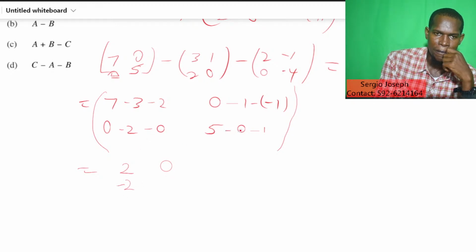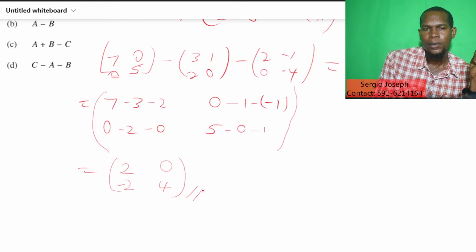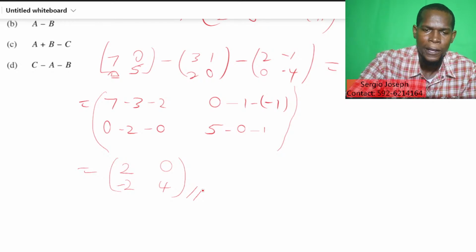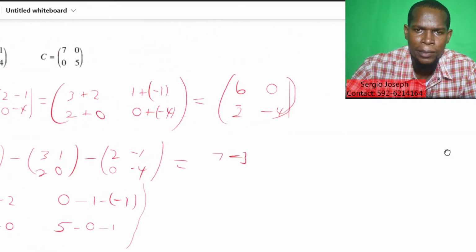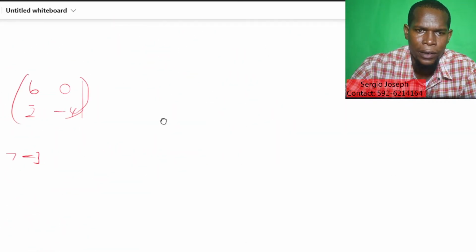Then we have 5. Take away 0 from it, still 5. Then you take away 1. You're going to end up with 4. And that there is the solution. Right, so that's simple addition. Good. So that being said, let's move on and let's try a little bit of